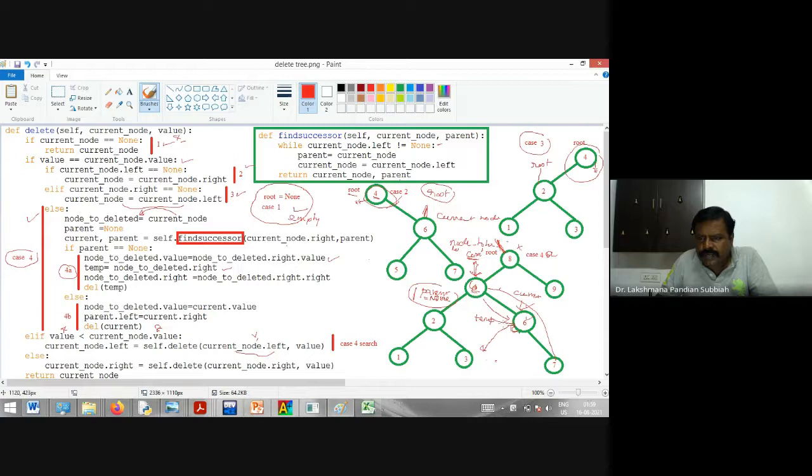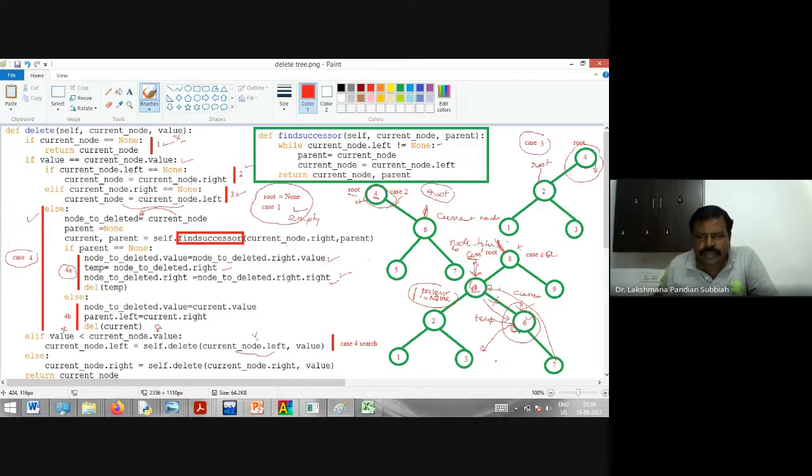So this node is the temporary node. Then what we have to do is node to delete right. This right is going to make a link with, instead of that one, this link is cut now. Then we are creating a link by this statement. We are creating that link, and then that 6 is isolated. Now you have to delete that 6 using delete 10. Then we can delete. So these are all the possible cases of deleting.